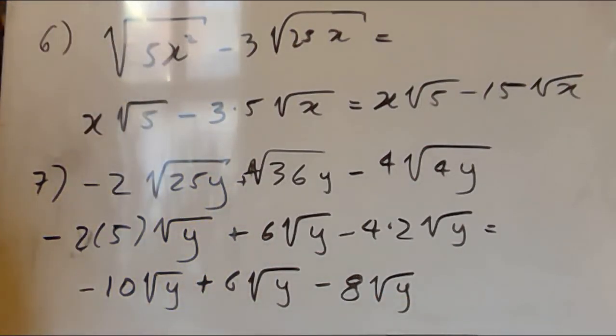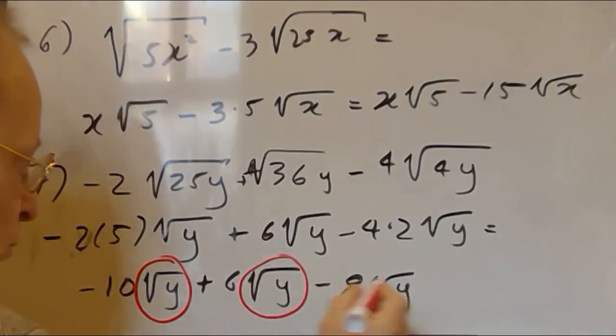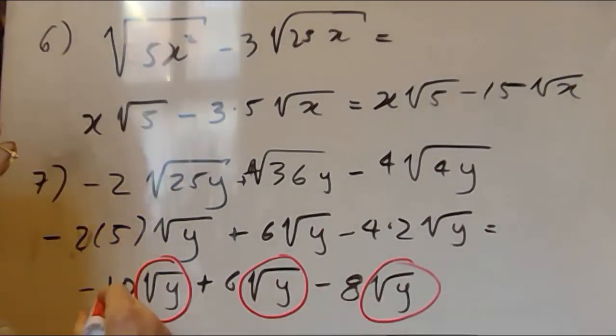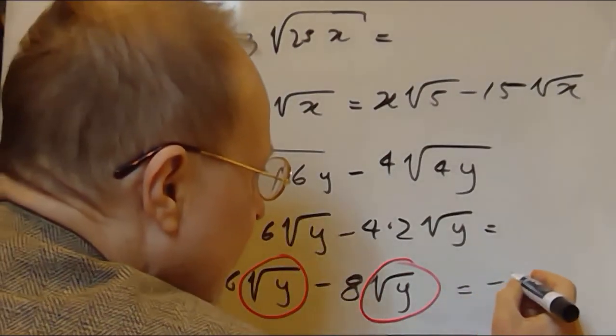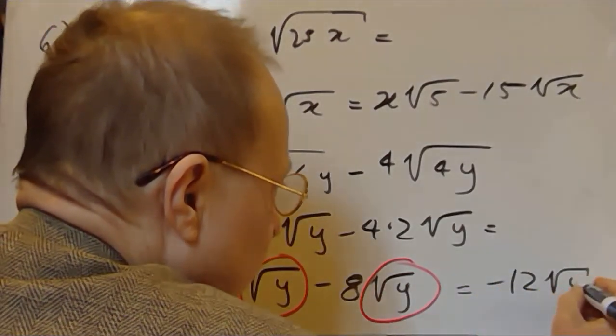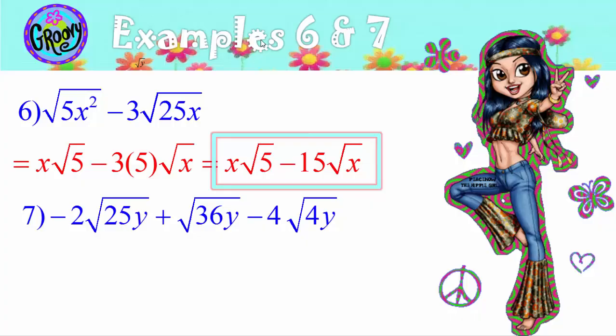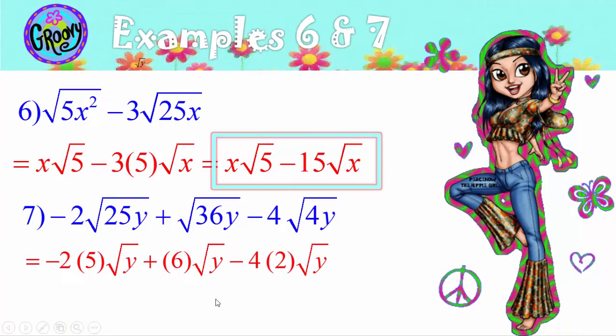And it turns out in this one, all of the y's and all the powers are the same. So we have the same y, same y, same y, and these are all constants. So therefore we can just combine all of these together to get negative 12 square root of y. Reviewing what we just did in number 7, we looked for all the perfect squares and